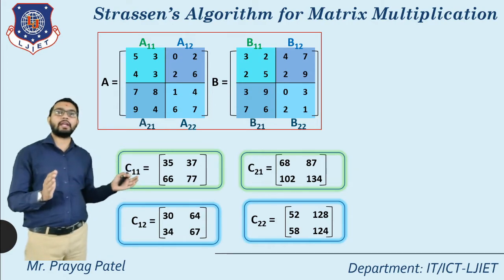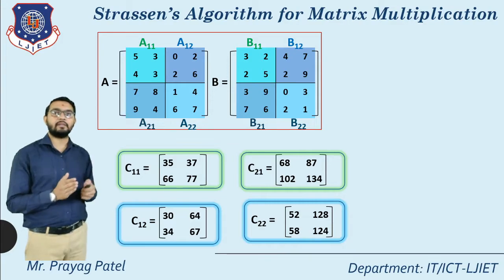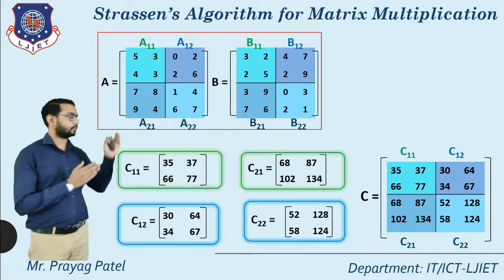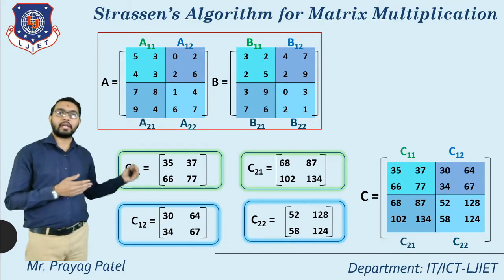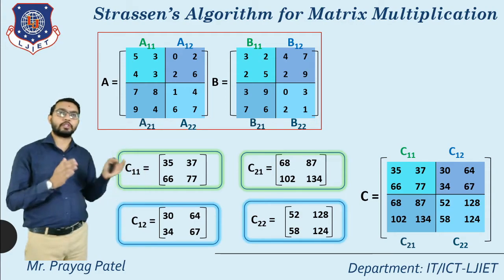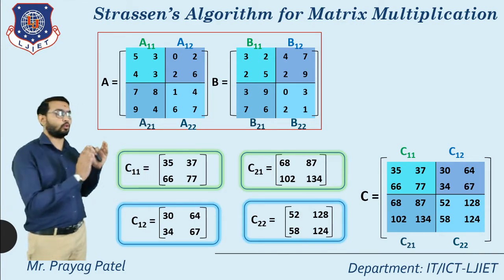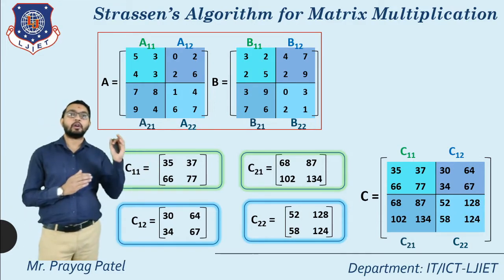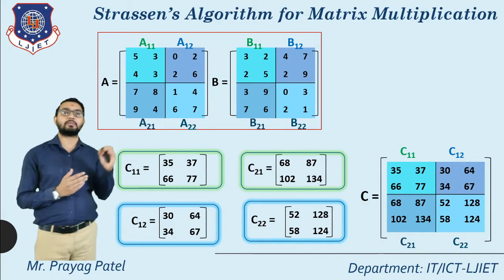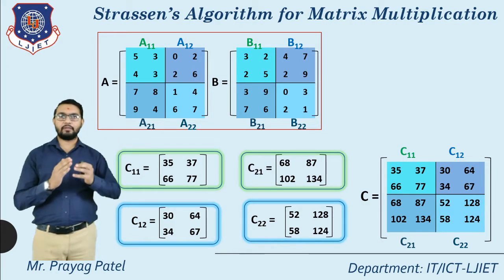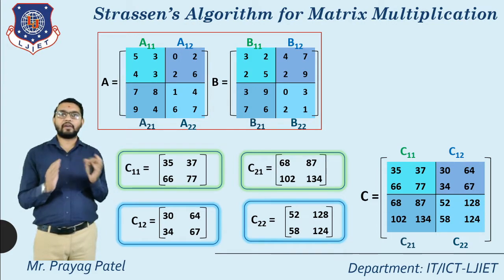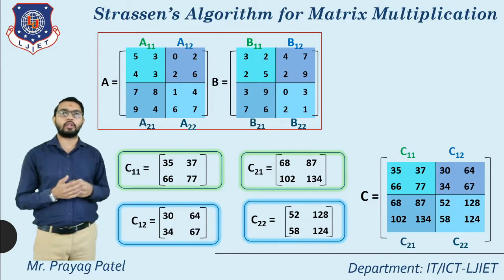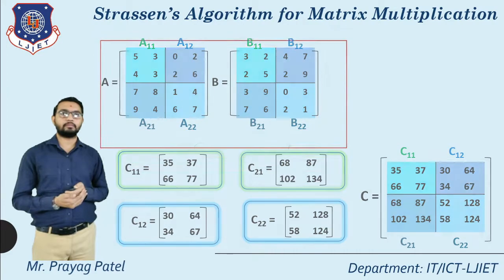Now after that, we combine these four components of matrix C. So how can we combine? At the first place we put the C11 matrix. In the second place put C12, then next C21 and in the last position C22. So put the 2 cross 2 matrices into the 4 cross 4 matrix in this way and we will get the final answer of Strassen's algorithm for matrix multiplication. Using this example we simply understand how we can divide the problem into subproblems and how we can find the solution of the matrix multiplication problem using Strassen's algorithm.